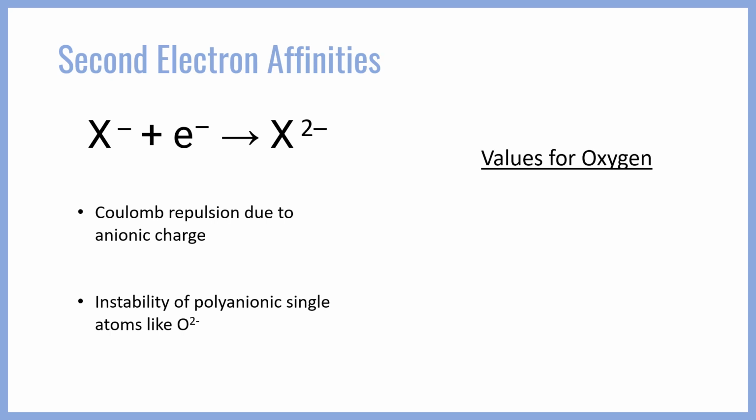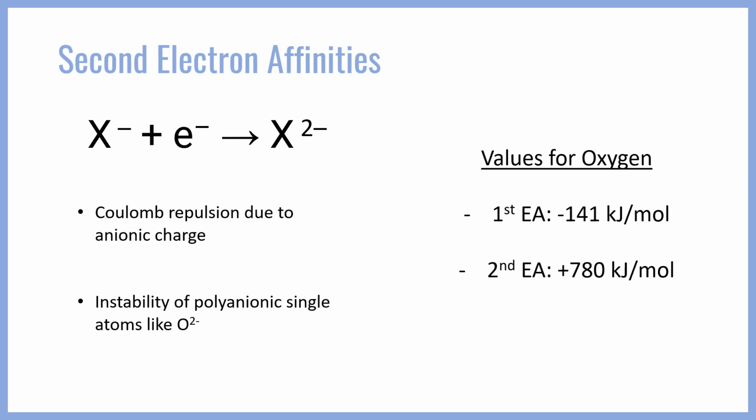For example, if you look at the actual energy values for oxygen, you'll see that the first electron affinity is negative 141 kilojoules per mole, which means that it is going to release 141 kilojoules when you absorb an electron. That's energetically favorable. However, adding a second electron is wildly unfavorable. It takes 780 kilojoules per mole to add the electron. You actually need to input this large amount of energy to form O2 minus. In order to have this occur, you need a large force to drive the reaction thermodynamically, right? So I really want to stress the positive value of the second electron affinity